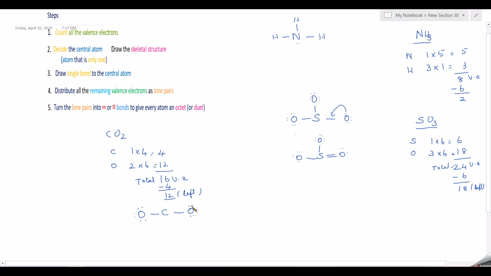So what you can do is turn the lone pair into a double bond, or triple bond. So this electron pair can be shifted over here and this lone pair also can be shifted over here. So you will be getting the structure like this. That is oxygen, double bond, because already you have a bond. Because of this shift you are getting a double bond. Then carbon.